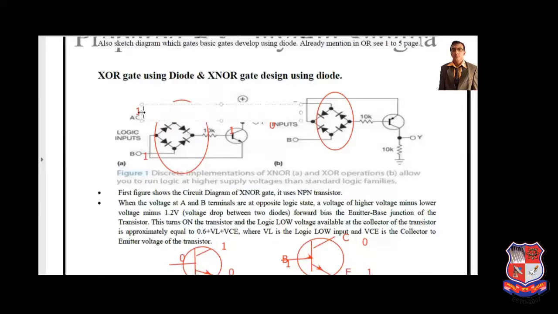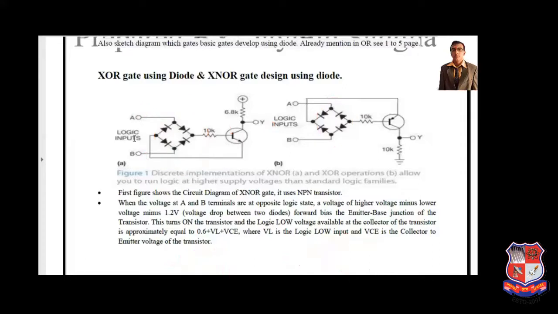Now if we switch over to 0, and here also we apply 1, here also we apply 0. So due to presence of 0, the diode acts as reverse bias, so it acts as an open circuit. So here also 1. So 0 0 gives 1, and 1 0, then output here is also 1. It is the clear case.